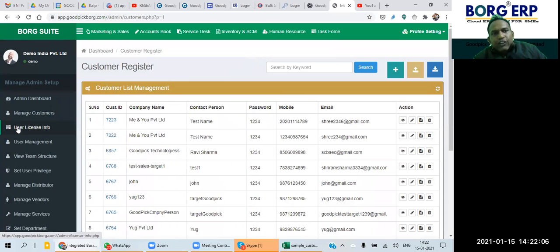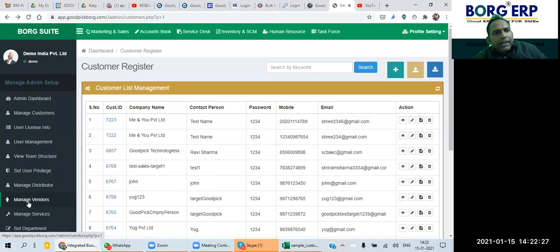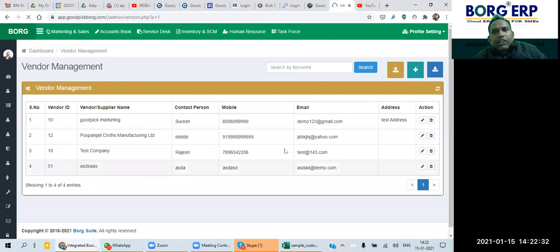Now, what was the second thing? The first thing we have done is that we must have the customer master base, and the second one is the vendor master base. Vendor master means supplier management. Then there is an option over here, similar to the customer one: manage vendor. Then we'll click on manage vendor. Then, just like with customers, there is an option to either add one by one or upload in bulk.